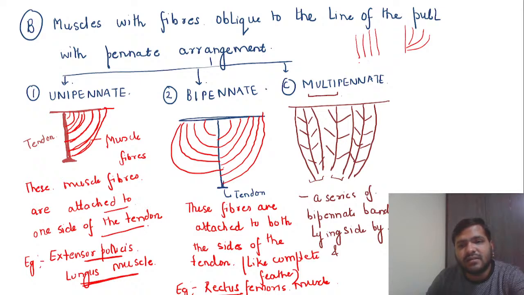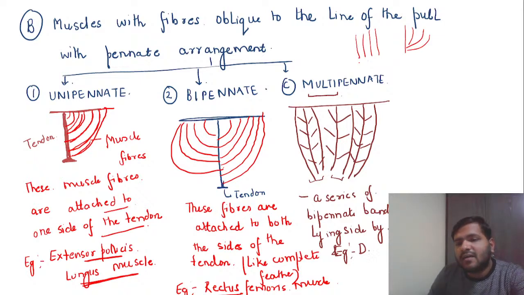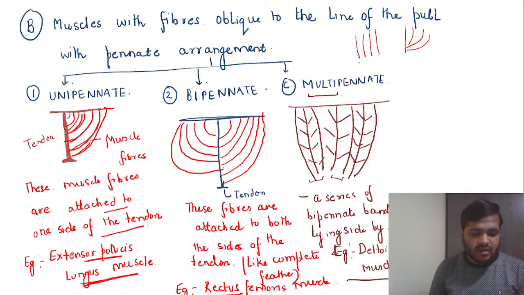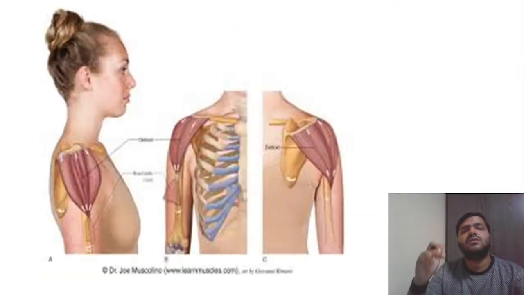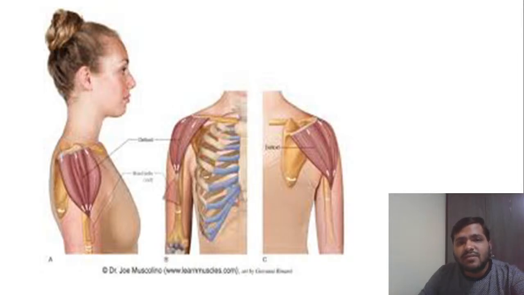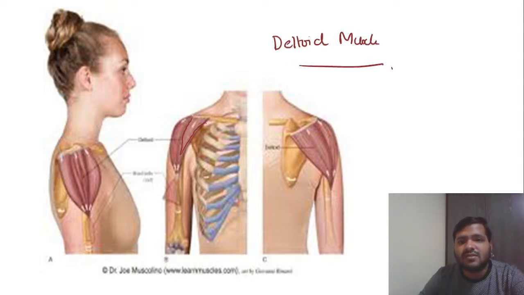and basically the example of this is the deltoid muscle. Now whenever I say deltoid muscle, see, deltoid muscle has three origins. If I'm talking about the deltoid muscle, you guys are very well aware that it has three origins: one from the clavicle, one from the acromion process, one from the